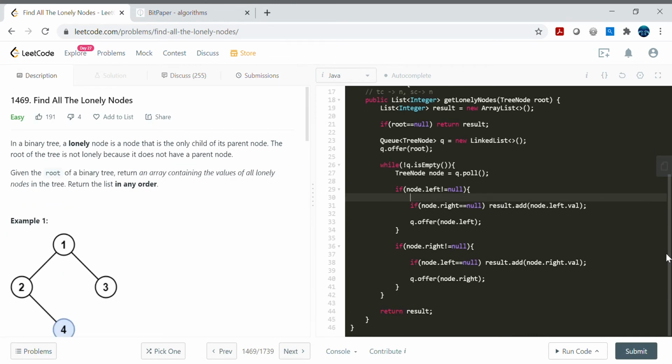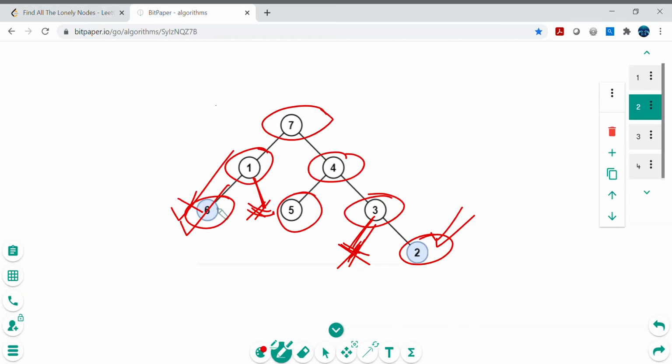Now this is the breadth first search strategy. Can we solve it by a recursive approach as well? Yes, we can do it. We just need to use recursion. We will be exploring all the left children, all the right children, and then we need to somehow know the lonely condition. So here it's straightforward. We can check, okay, if left is not equal to null, right is null, it means this left that is not null is the lonely node, right? So we are just populating our result. In the recursion we need to do the same thing.